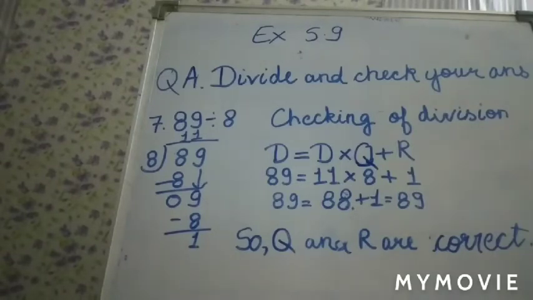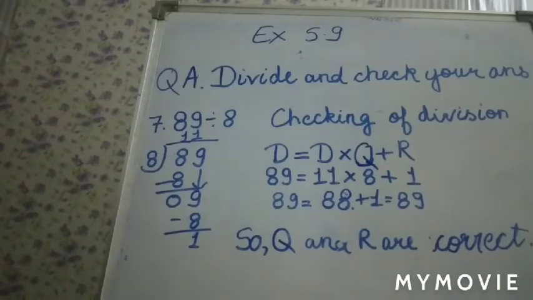So here 8 equals 8. So we will divide 1 time 8. So you will get 8 ones are 8. Then 8 minus 8 is 0. Take 9. So again you have to divide 1 time. 8 ones are 8. 9 minus 8 will be 1. Now you have to put the values. Divisor equals 8. Dividend 89. Quotient 11 and remainder 1.